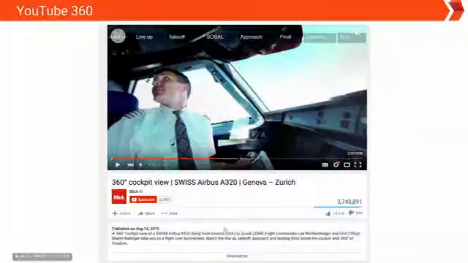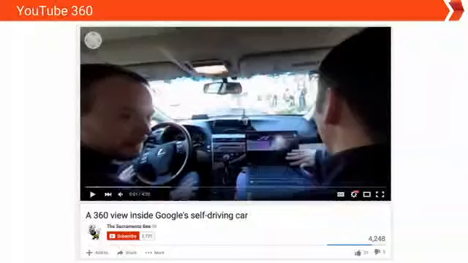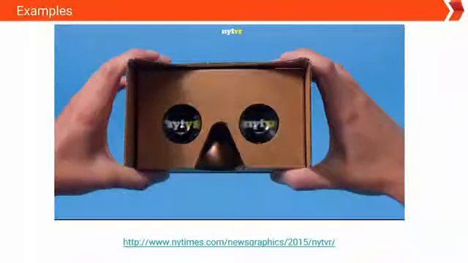Okay, this is a very nice example. For example, the idea of being in the cockpit of an Airbus. I don't know how many of you had the experience of entering a cockpit. I did many years ago before all the security issues, and it's basically impossible now. It's great to be in a video where you're actually there with the captain, seeing how the plane is brought around. So it's really a very powerful way of doing it. Many different examples. If you go on the YouTube 360 channel, you can see many.